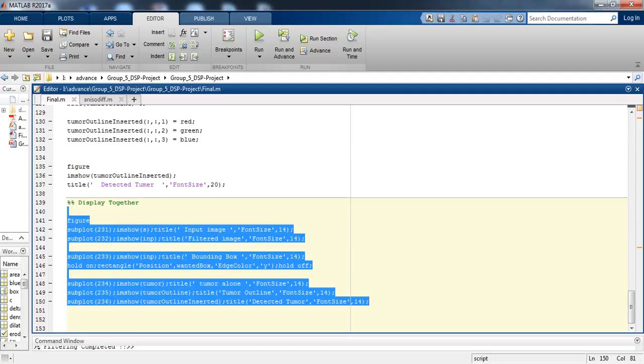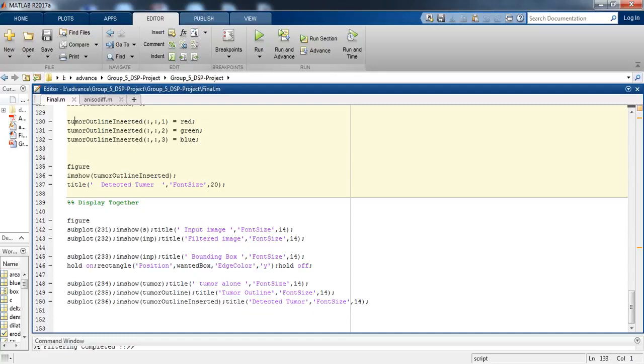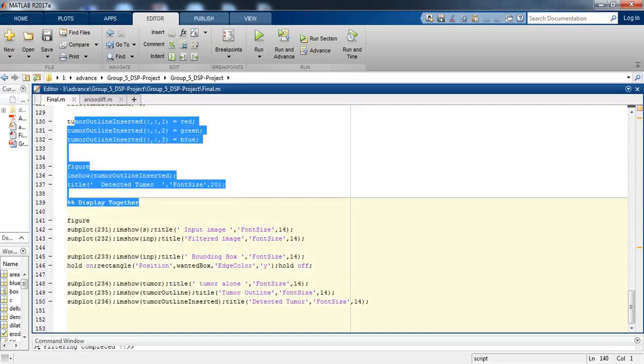So that was the code for brain tumor detection from MRI images using anisotropic filter and segmentation image processing. You can download any MRI images with tumor and without tumor and make a database of your own and upload it in this code, and you will get the no-tumor and tumor images, and this system will detect the tumor and no-tumor images. So that was the code, and we implemented this.